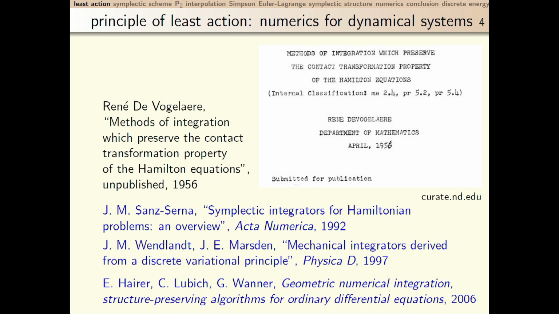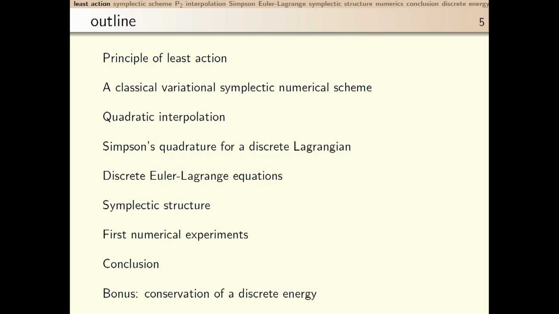Okay. Merci. Okay, and therefore I discovered some months ago a very interesting paper of Sancerna, and therefore the other papers of Marsden Group and the book of Hairer and collaborators. But preparing this lecture, I discovered this non-published paper of René de Vogelaere, who proposed to think about symplectic integrators in 1956, and of course this paper was rejected. Therefore, I will present what is classical in symplectic numerical schemes,